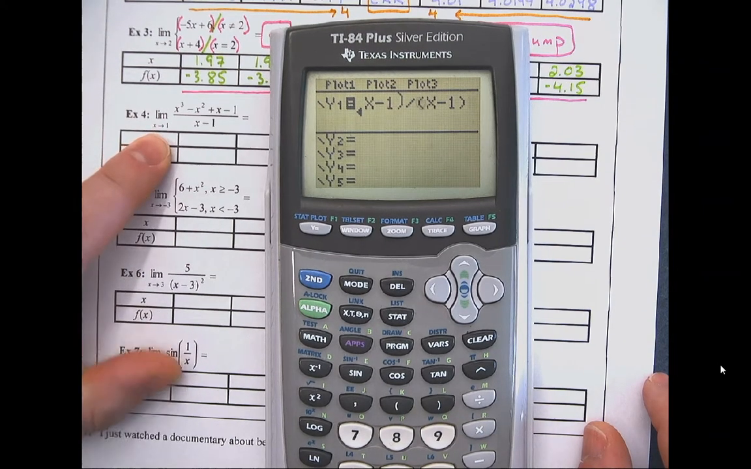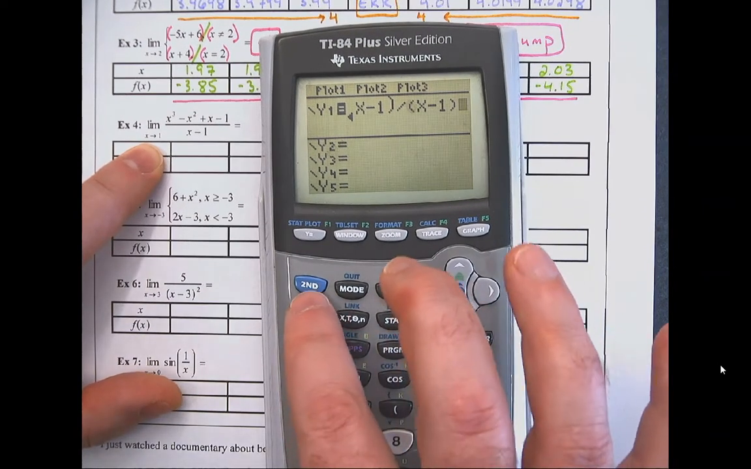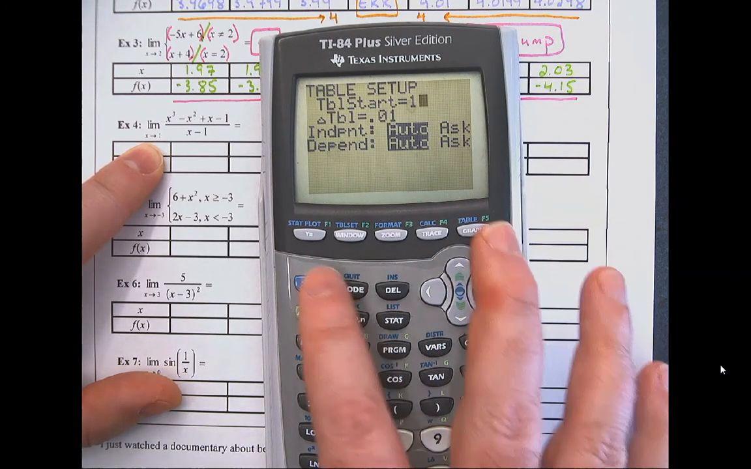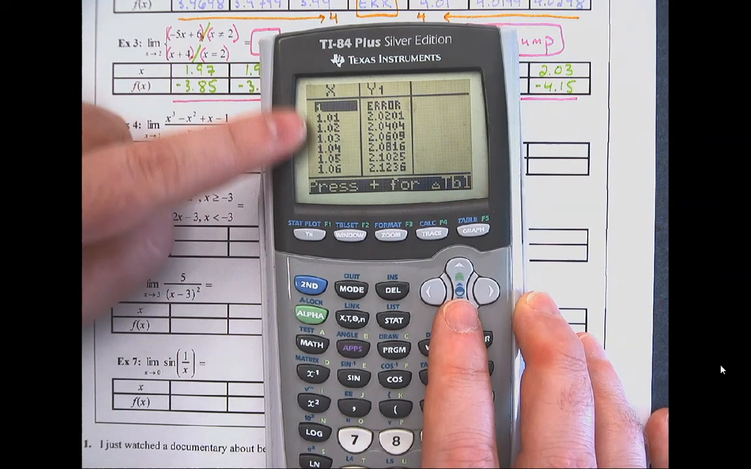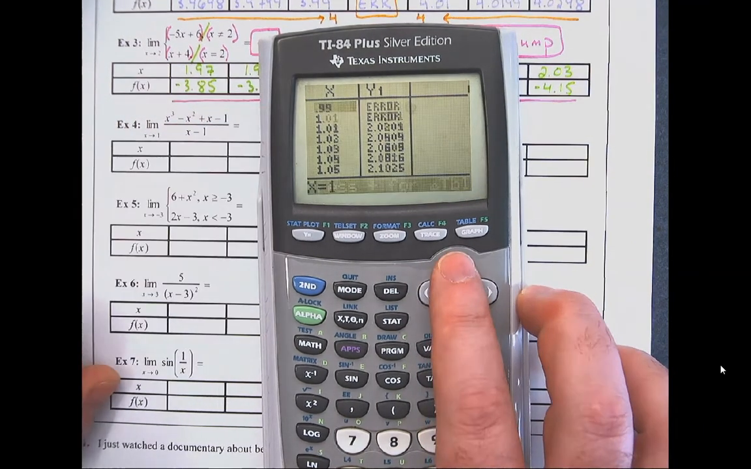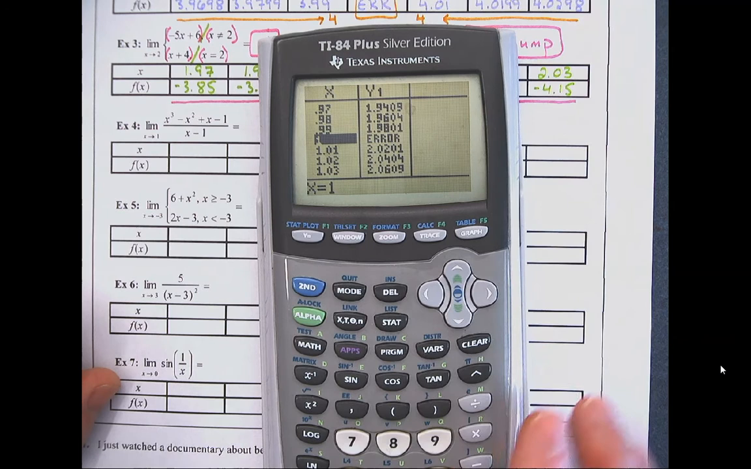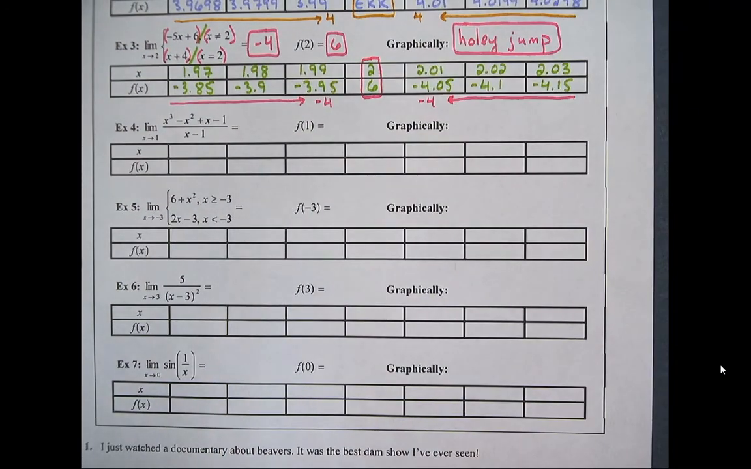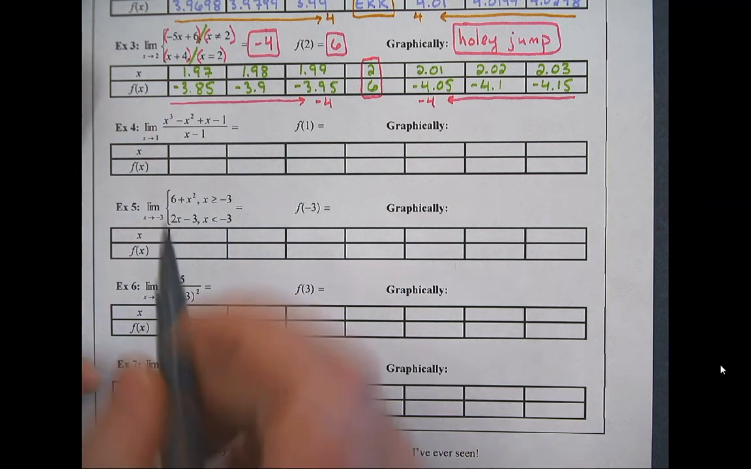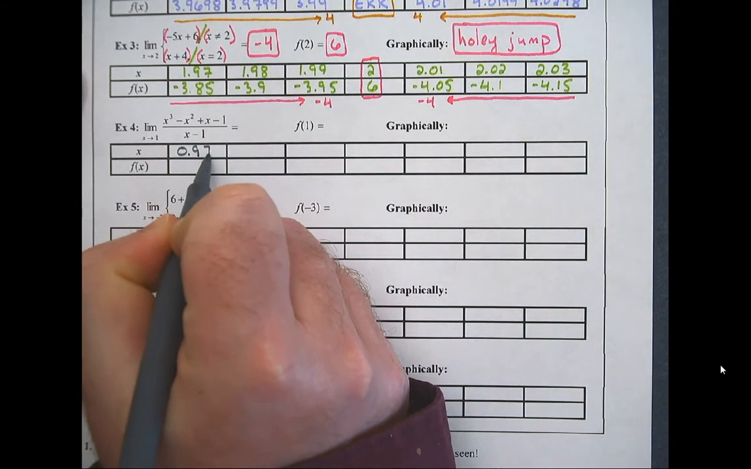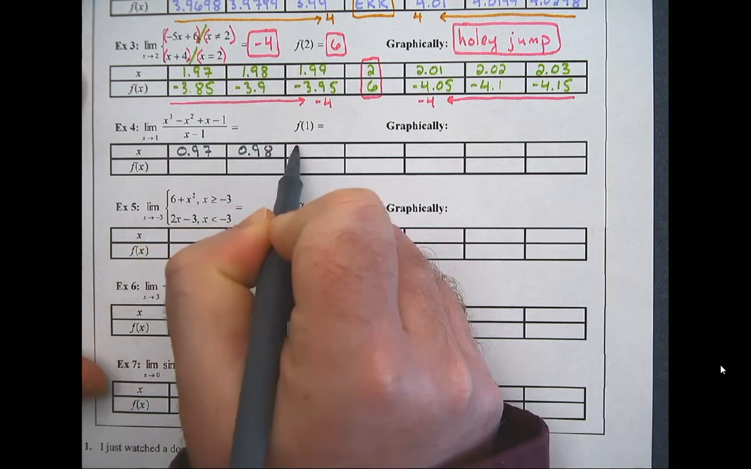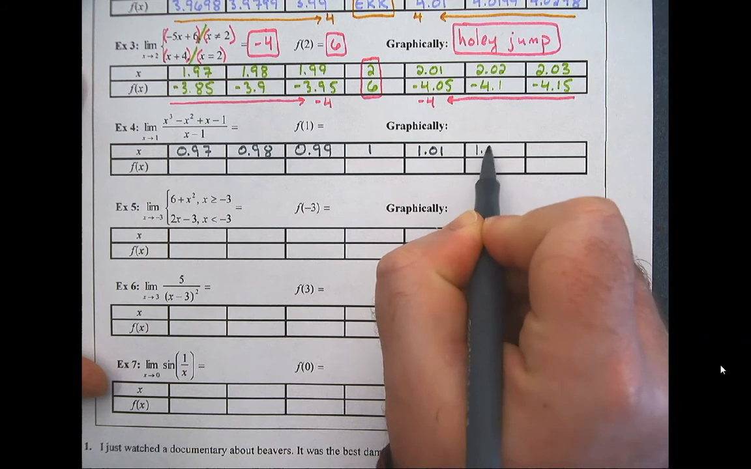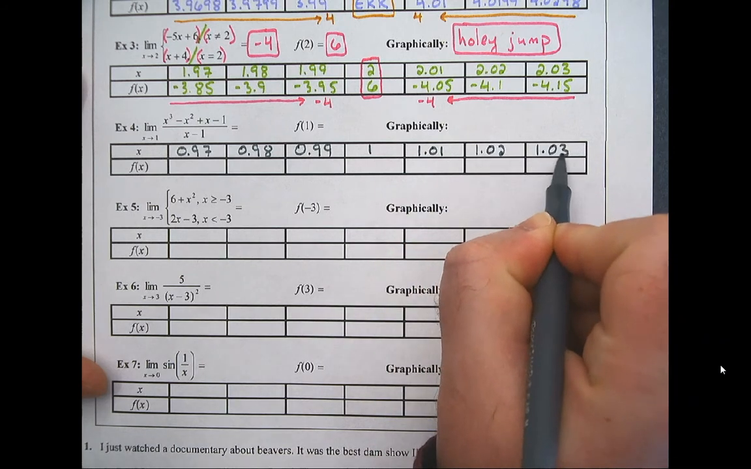Where are we approaching? We're approaching 1, so I'm going to go to my table setup. My start is going to be 1, and then I can look at my table. Now don't forget, it always skews it so that 1 is the first thing you see. You want to push that up and then come back down so that's in the middle. Now I'm going to put all this data into my actual chart. 0.97, 0.98, 0.99, 1, 1.01, 1.02, 1.03,